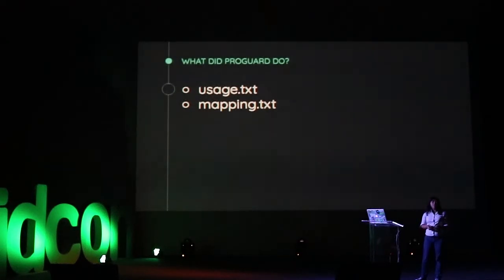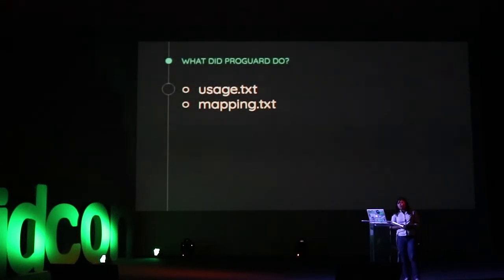If you see crashes from obfuscated code, it's virtually impossible to debug, right? Because it's all just aaa.bbb. It's like, what the hell? So for your own app, if you obfuscate it, you would need to keep a version of this mapping.txt. And by keep, I mean copy it from where Studio created it to another folder, because once you do another assemble release, it will just overwrite it.